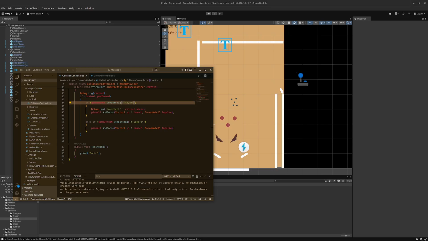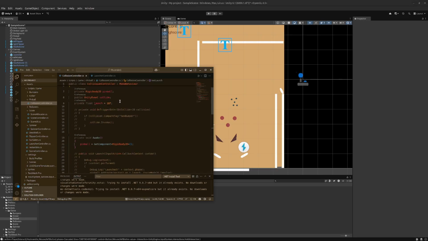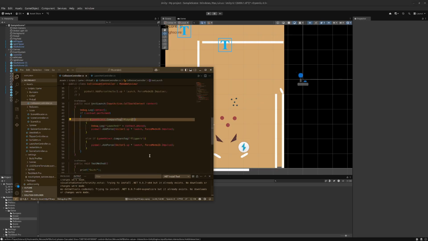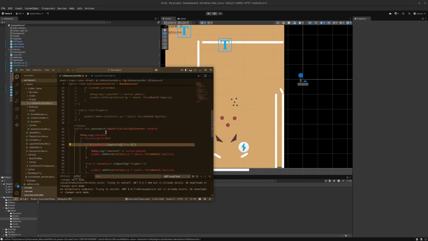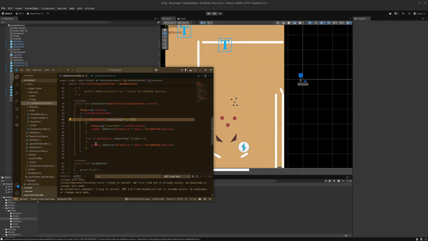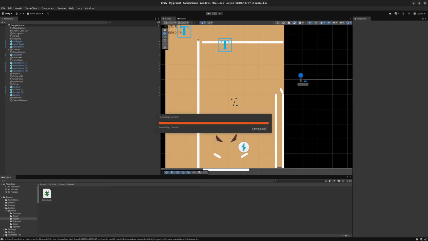I mean, one thing I can do right now. Private float launch. Could I assign launch? Launch equals 6F, right? I'll see what happens.